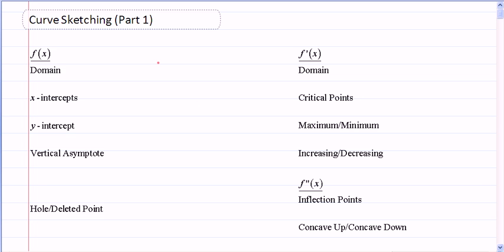In this lesson, you will learn how to sketch curves. This lesson was recorded in two parts because of the length of each problem. So when you sketch a curve, you want to start with the function f of x, and in the function